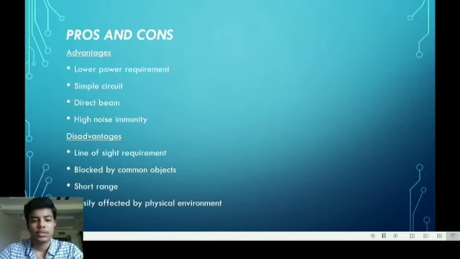And at the last, let's talk about a simple application of this IR based circuit, that is distinguishing between black and white colors. It is universal that black color absorbs the entire radiation incident on it, and white color reflects the entire radiation incident on it. Based on this principle, the second positioning of the sensor couple can be made. Second means the indirect incidence part. The IR LED and the photodiode are placed side by side.